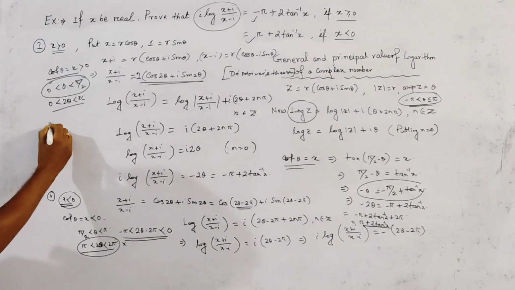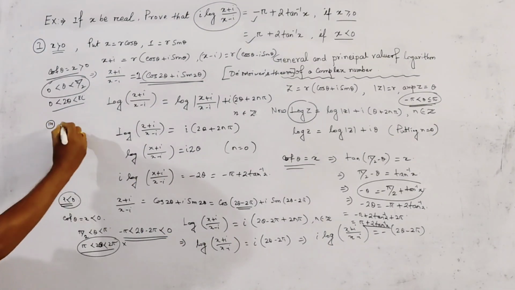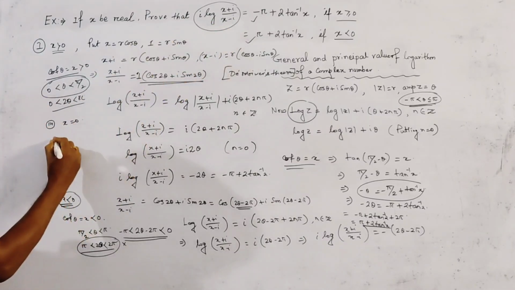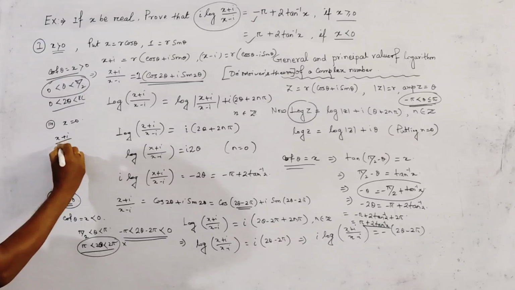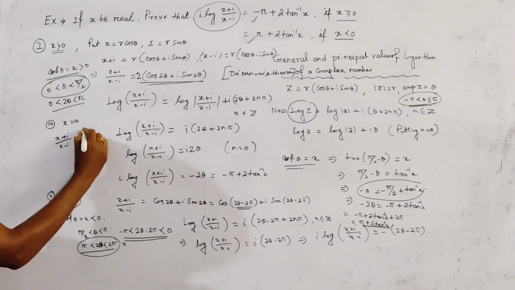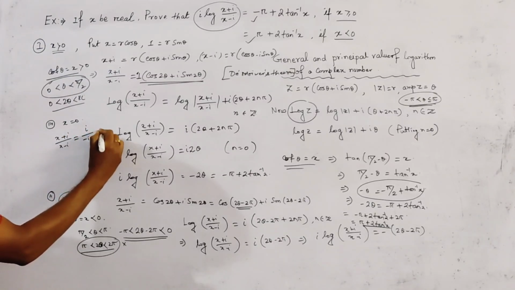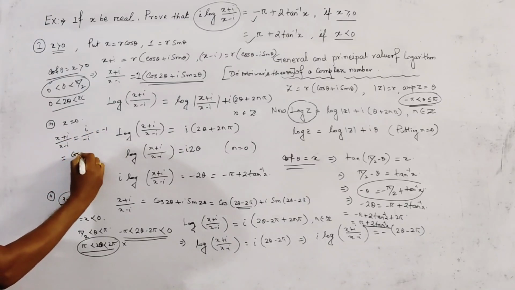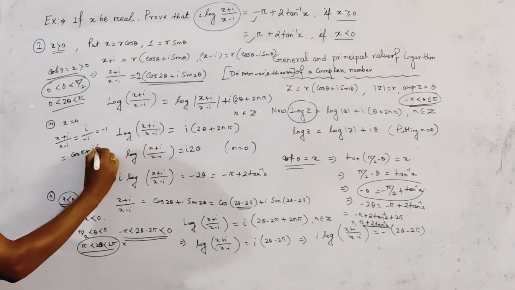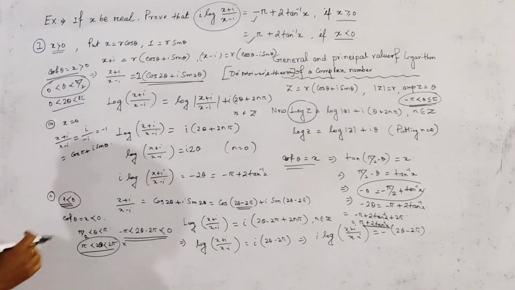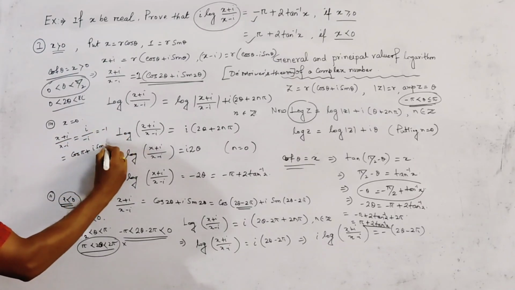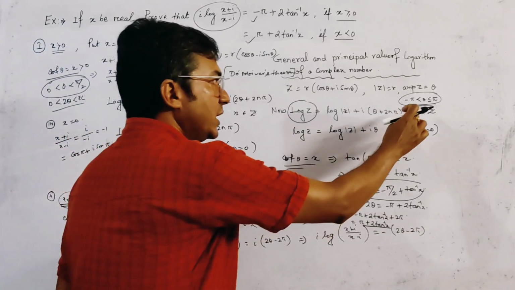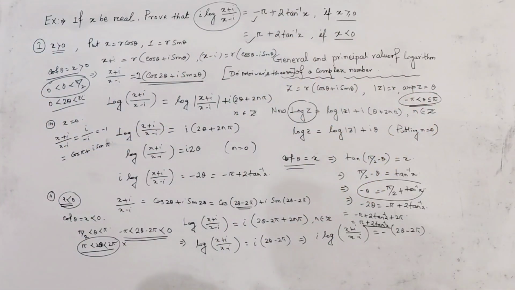In case 3, x is equal to 0. Then the given complex number (x + i)/(x − i) is given by i/(−i), so this is −1. And −1 can be written as cos π + i sin π. We write π here because π is in the principal amplitude range.